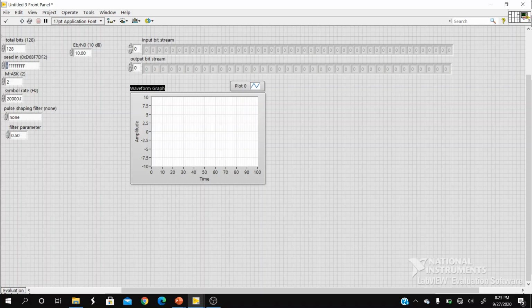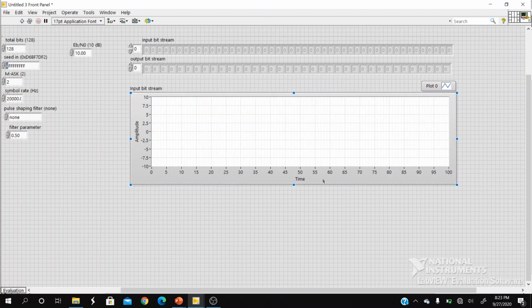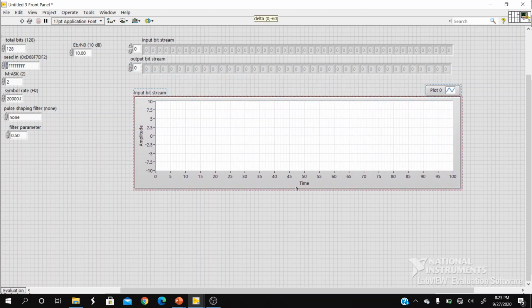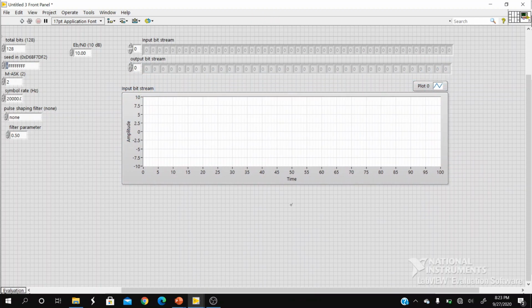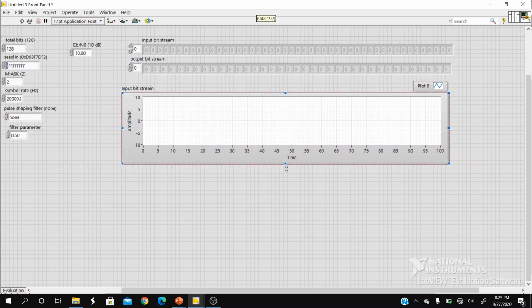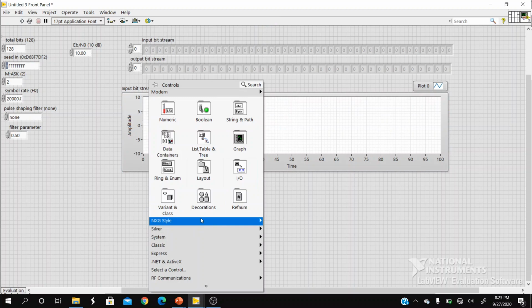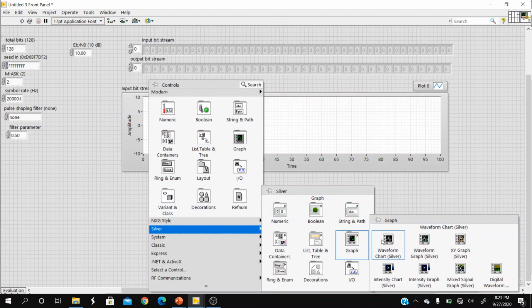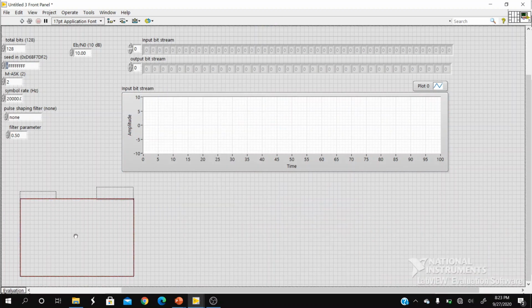The first waveform graph will be plotted for the input bit stream. This is going to help me in plotting the random bits that are generated from the PN sequence block. Then I am going to add another graph for the pulse shaping filter.